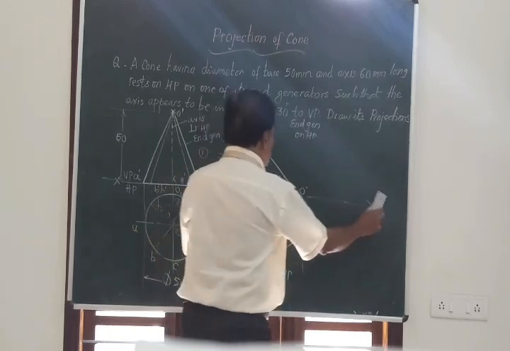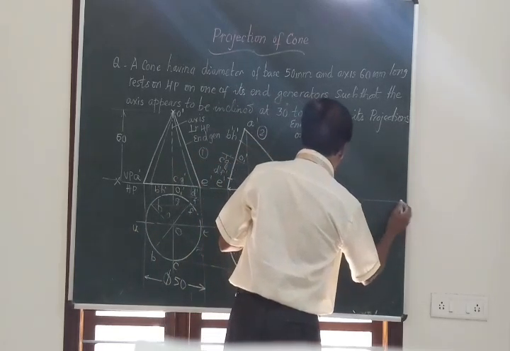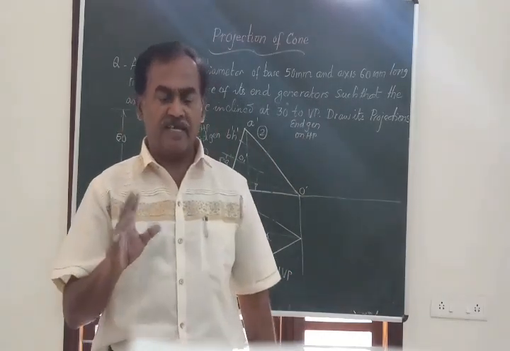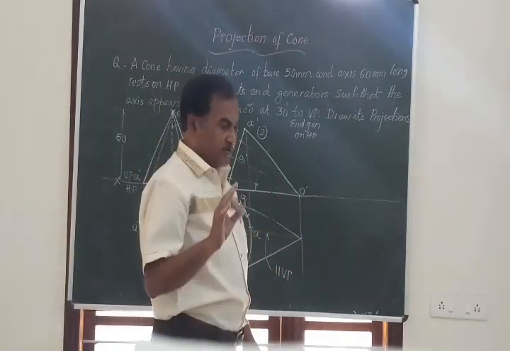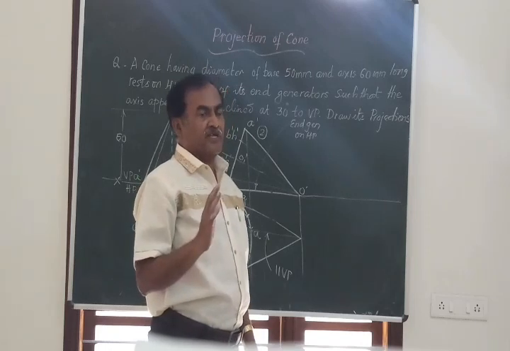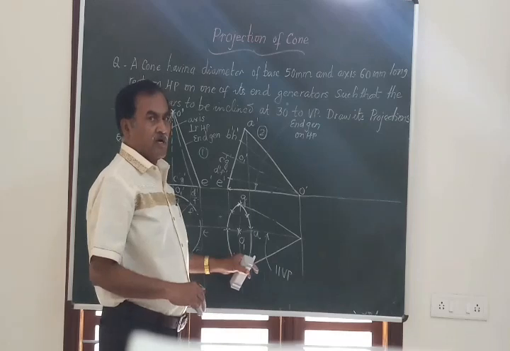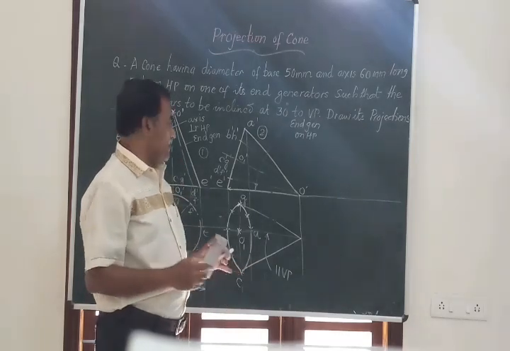When they say appears to be inclined, there is no need to take anything extra. It is only appears to be. So remember, whenever they say in the problem of any of the solids, if they say the top view of the axis is inclined to VP or the axis appears to be inclined to VP, in both cases, whatever the previous top view has, that has to be redrawn at the given inclination to VP.